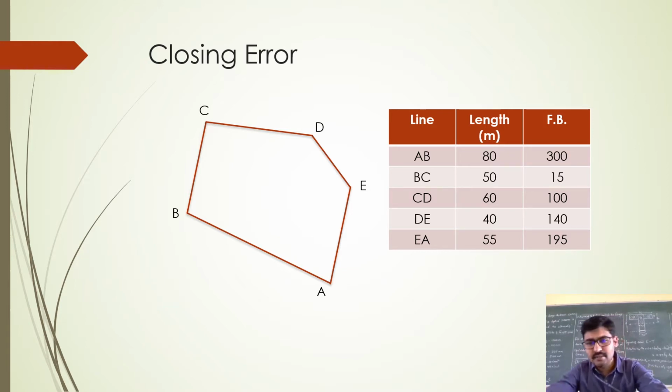For example, when you have a plot where a house is to be constructed, the first thing you need to do is go and inspect the land, then you measure the land, then based on the direction and the length of the land, you plan the building on the place. That is the reason why the length of every line is very important and the direction of the line is also very important.